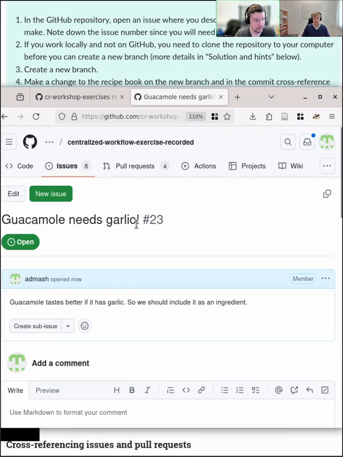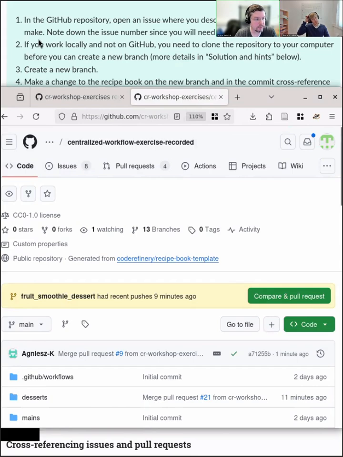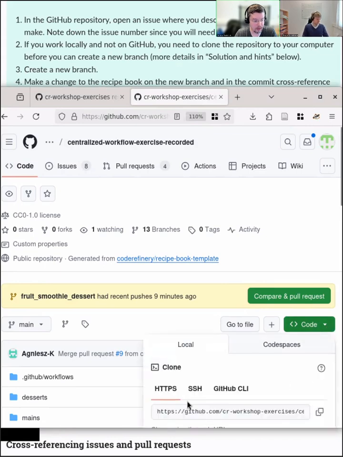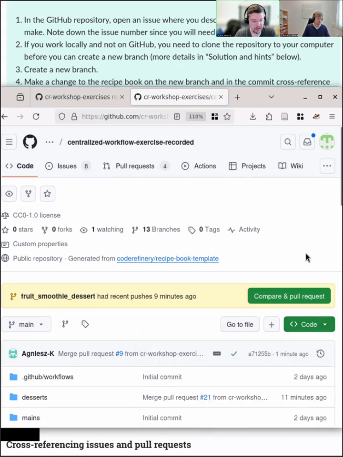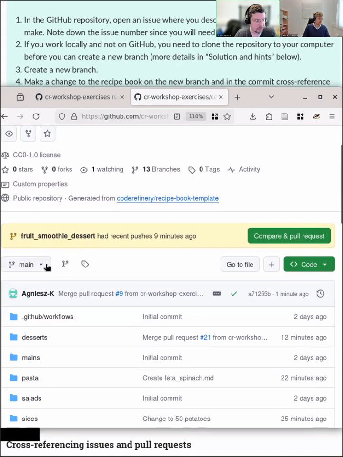All right, now heading back over to the code. So here we're not working locally, so we're going to skip step 2. If you are working locally, then you need to clone using the URL here. And that's covered elsewhere, so I'm not going to go over that right now. But we need to create our new branch that's going to contain our changes.